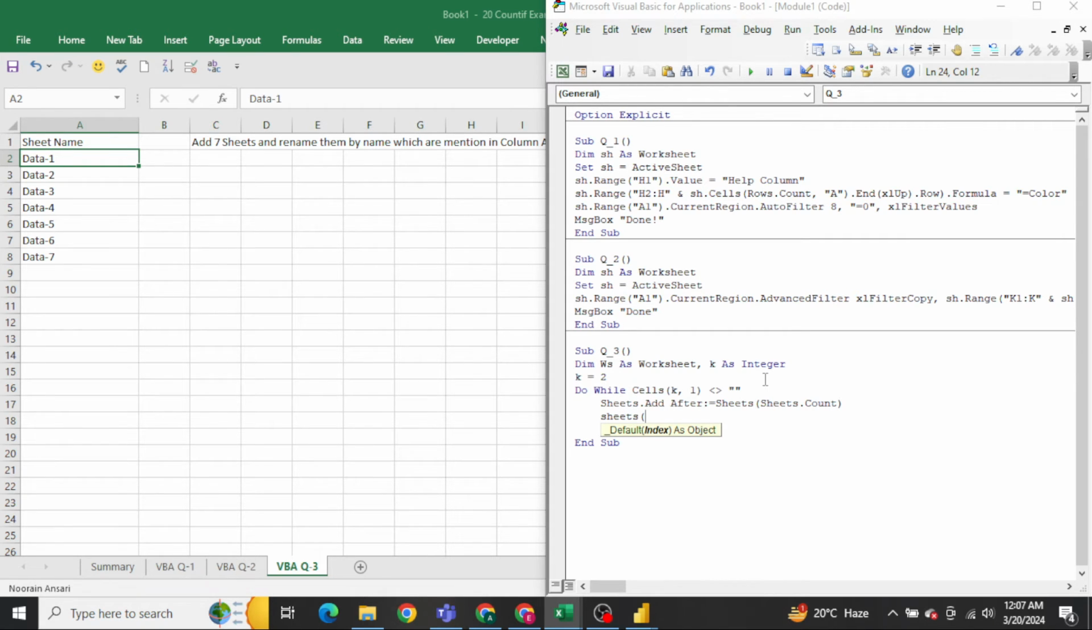Okay, sheets, what we can do now: we need to ignore the sheets which we already have. We want to only rename the sheets which we will be adding new, right? So Sheets.Add after Sheets.Count, ActiveSheet